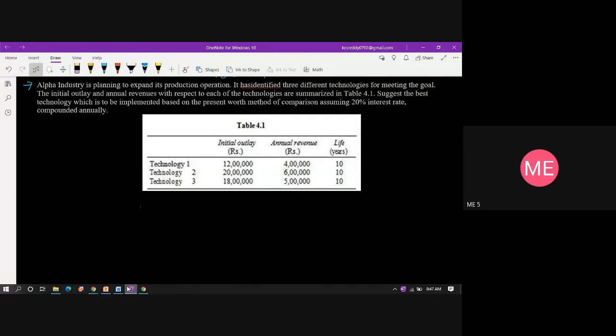Yes, good morning. Last class we were discussing the present worth analysis. So today we will discuss different problems in this present worth analysis. If you look at